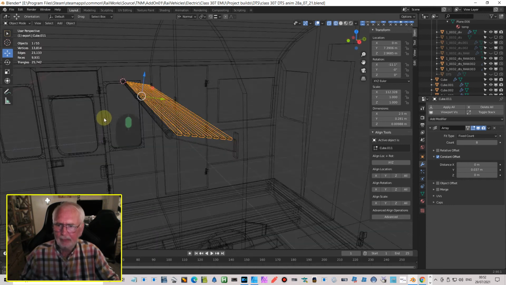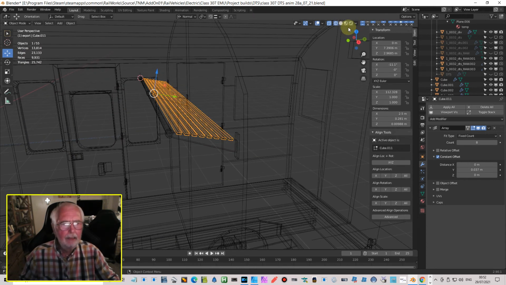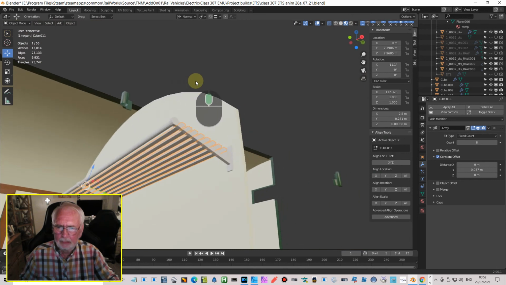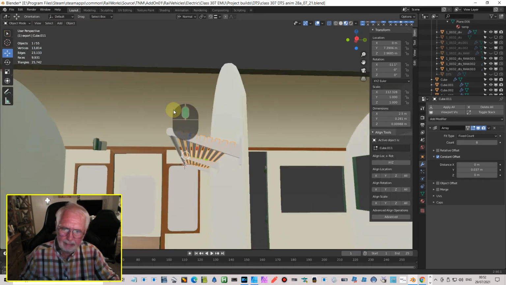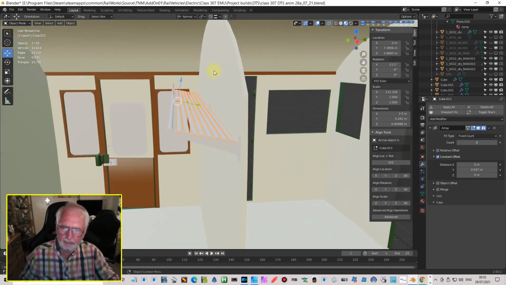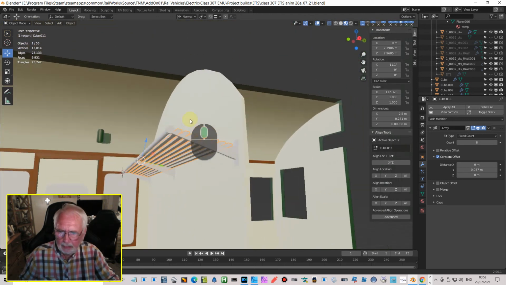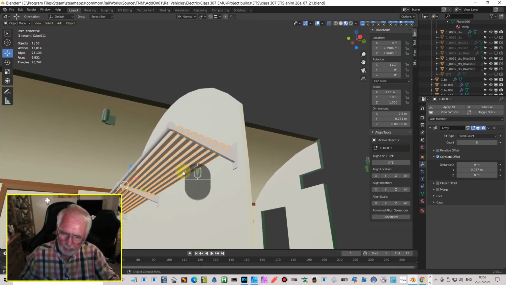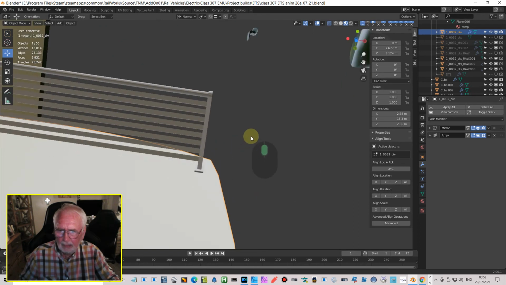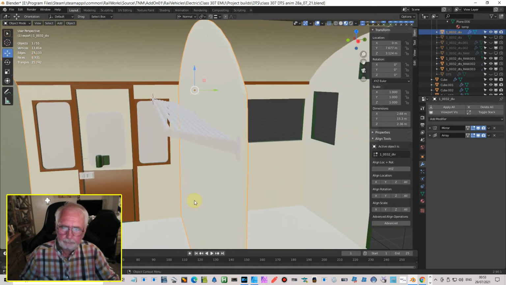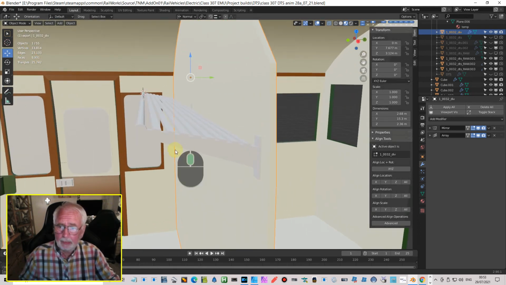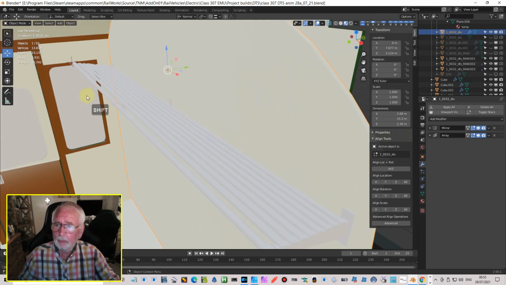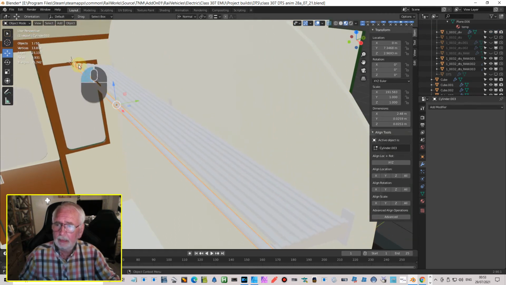Okay, so that is the cross brackets there. Yeah, so not much is going to fall through there, is it? Let's have a look. Yeah, so that's fine. Okay then, so the only other thing we want to do now is let's get the